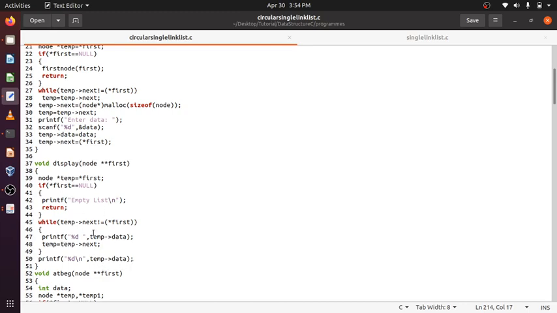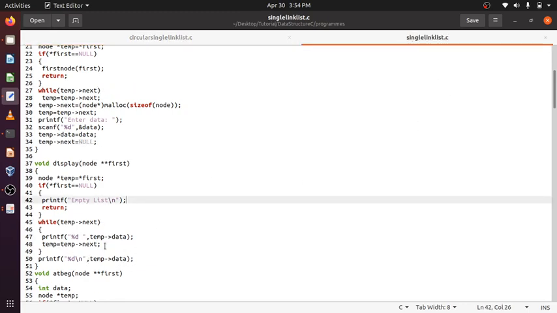It will go on printing till temp next will be pointing to the last element, which contains the first element. If temp next is the first element, then temp will not be printed here. It will come out and print here. So the same thing is there. Only instead of not equal to null, it will be not equal to first.